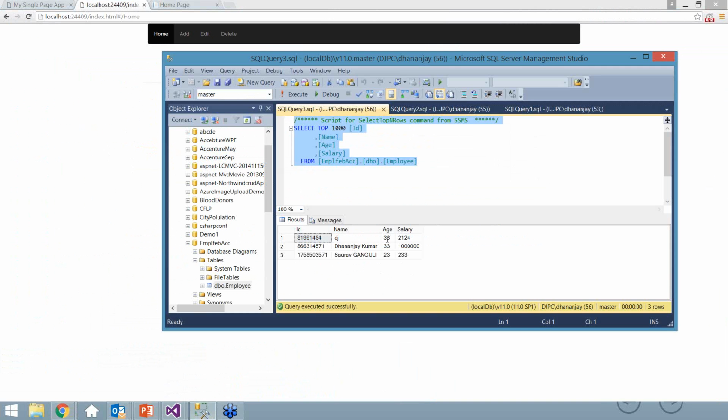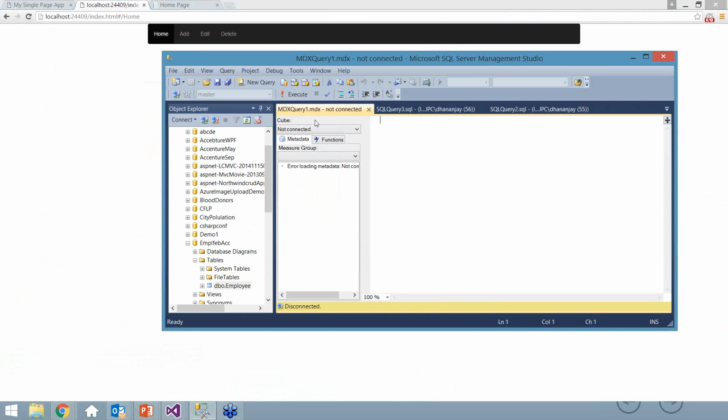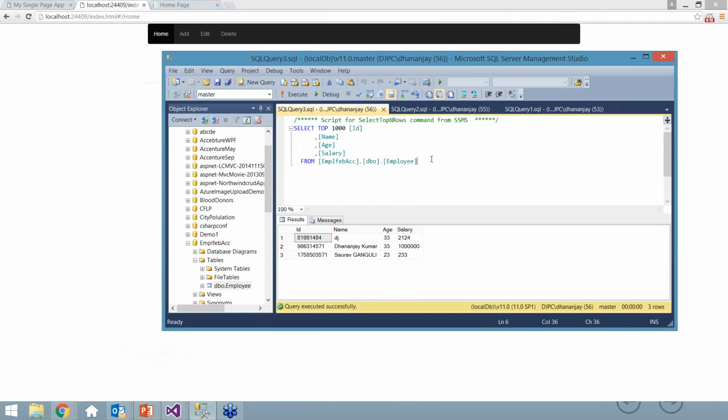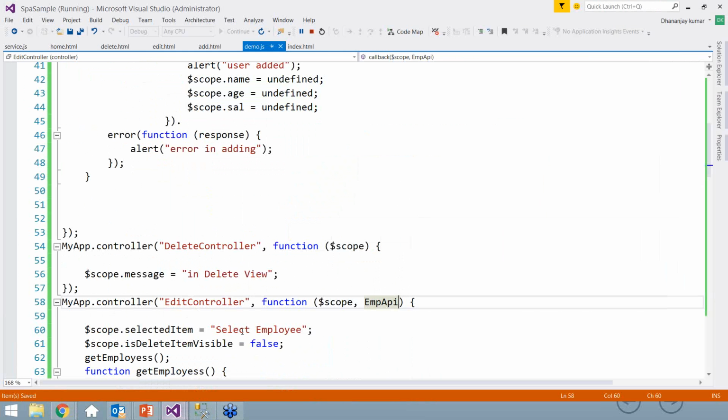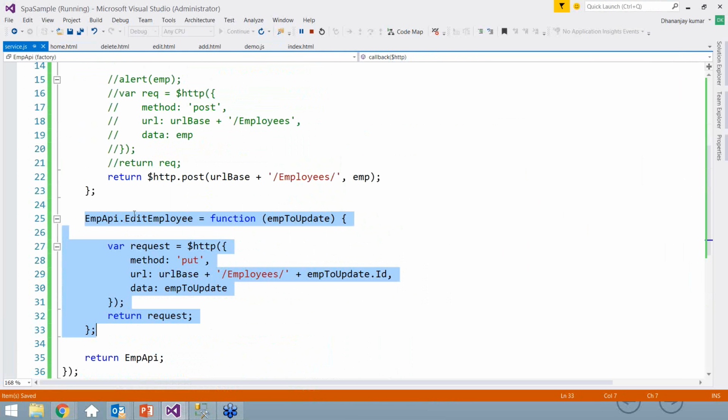And if we go here and run this again, I'm sorry, I selected something else. I'll go and execute this in the database. You see that the value has been updated to Dada. So this is how you can very easily perform the update operation. All you have to do is write this code for the service. Now very quickly, let me show you